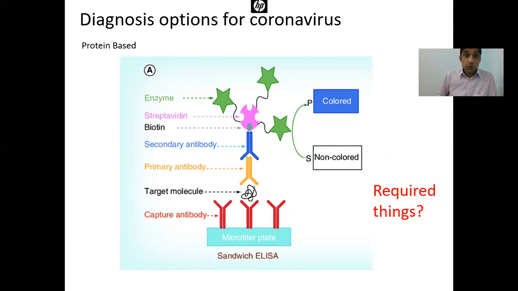So first we need to know what? We need to know about the structure of the protein. But remember, many of the proteins are similar to those of other viruses, like the flu viruses. So we need to know one specific protein present in the novel coronavirus so that we can design a particular tool. We can design an antibody. And you know what we are using? We are using ELISA for that purpose. We can develop an ELISA kit for that purpose.